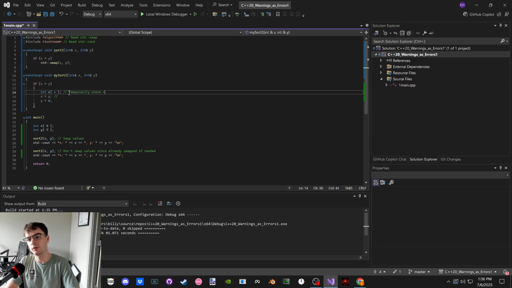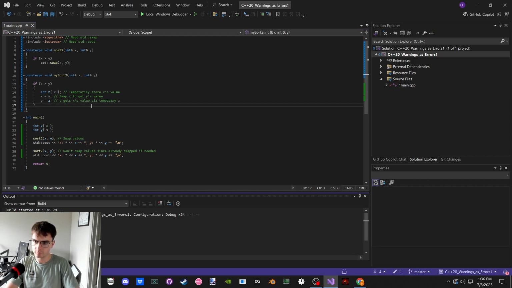Temporarily store x's value. Swap x to get y's value. Y gets x's value via temporary z. Cool.